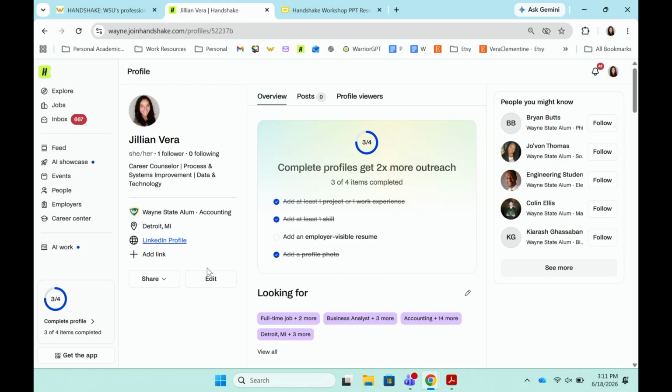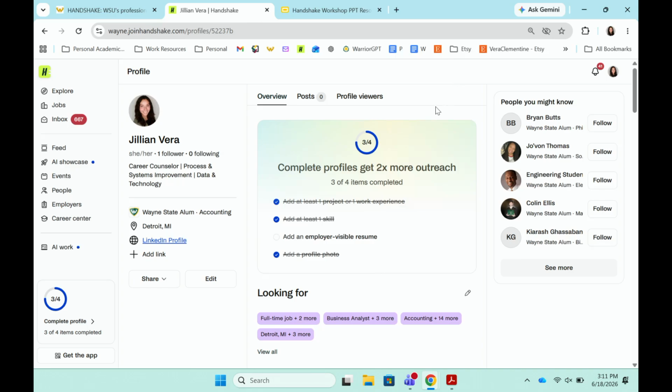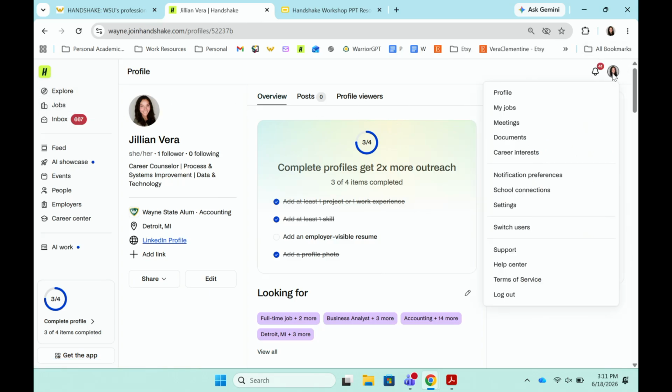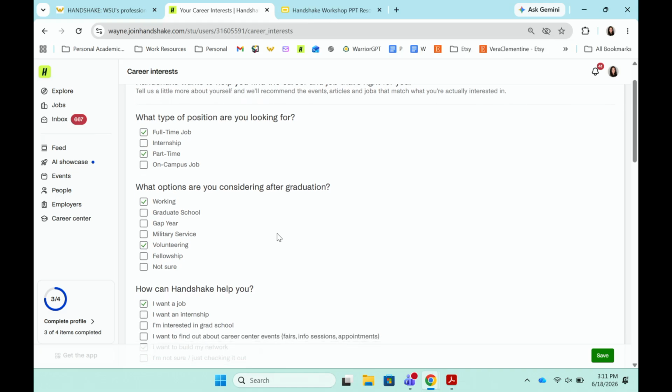So next, we are going to move on. We're going to navigate to your career interest area. So it's definitely going to be similar to what you're looking for, but it's an area that more so tailors to the jobs and internships that come up in this tab right here. So we're going to go to your profile icon in the upper right corner, and we're going to go down to career interests. Click into here, and you're going to be able to fill out what type of position you